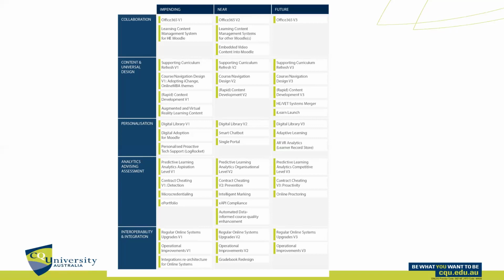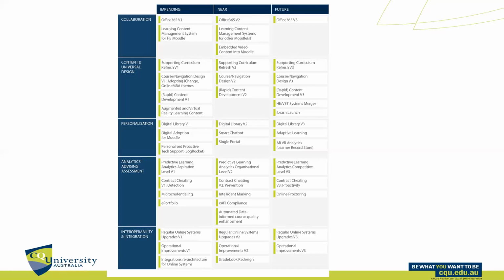So we are piloting currently a Turnitin tool, which is a tool that compares the students' writing to past examples of their writing to see any massive changes in writing style, which are flags of potential contract cheating. But we're also investing in internal tools to surface flags that raise suspicions of potential contract cheating.